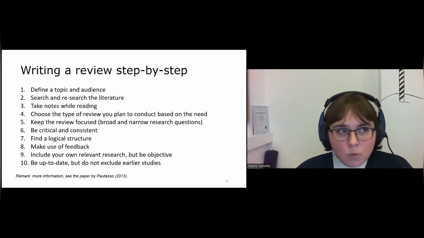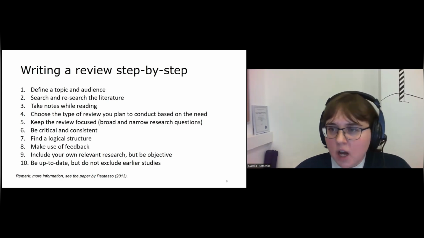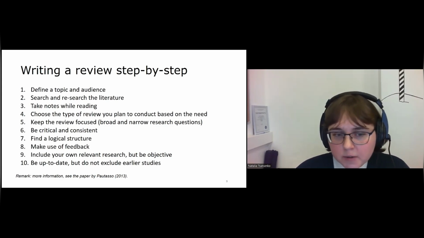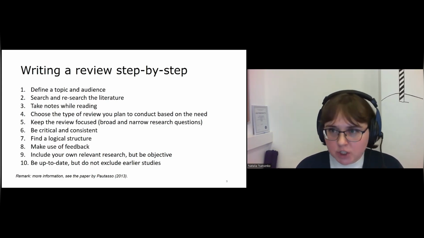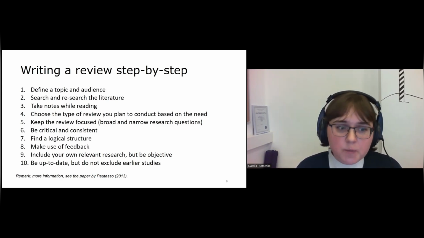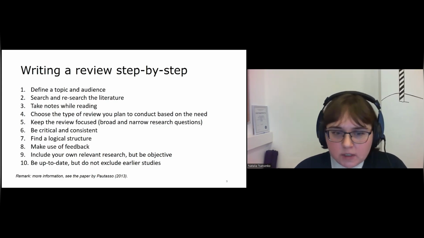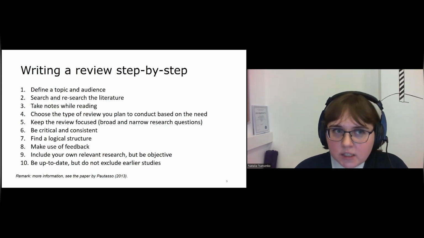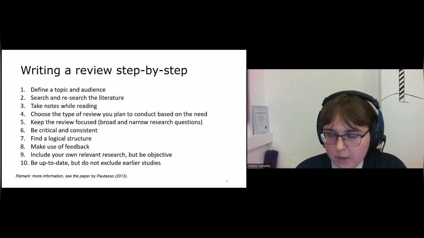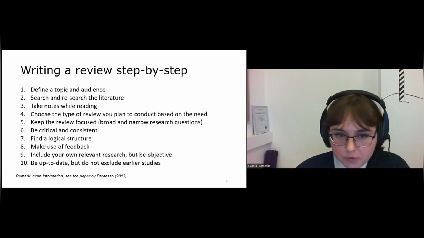And what is actually good advice? Ask our colleagues for feedback, to be at the end more objective than subjective in this writing. What are the last two things? It is again about how to work with the literature, because there is a growing body of papers today. The idea is don't forget the oldest, earlier papers, but try to find new, modern papers in the field which you are planning to review.